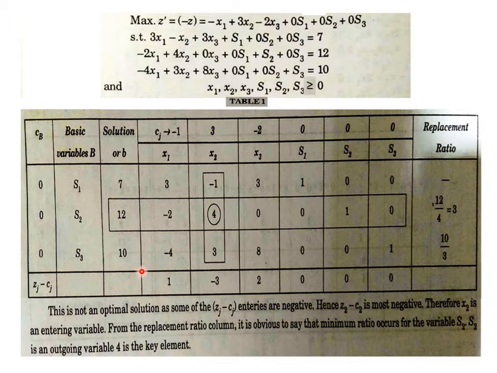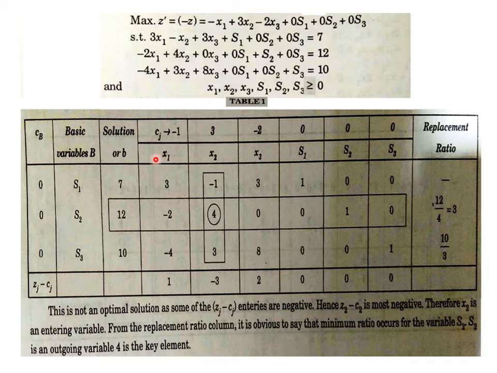And then what we do, we calculate Zj and then Zj minus Cj. That's what we have seen in the previous lecture. Here we are calculating Zj minus Cj directly. It can be done directly in any problem in an examination. For clarification purposes, in the previous lecture we calculated Zj separately, then Zj minus Cj.